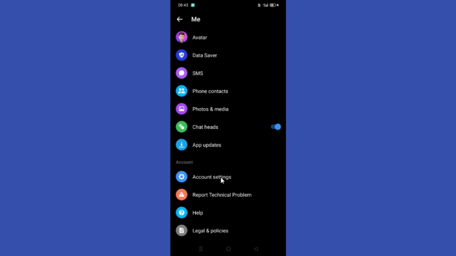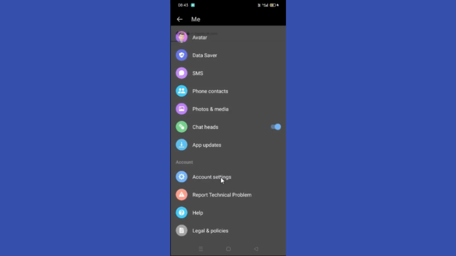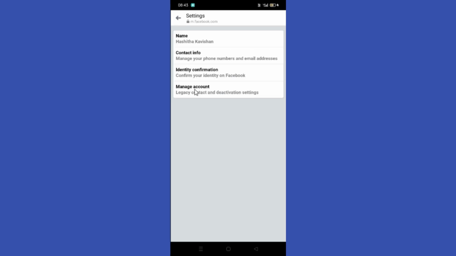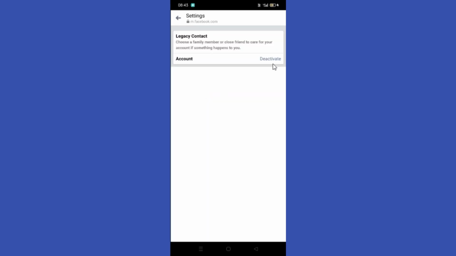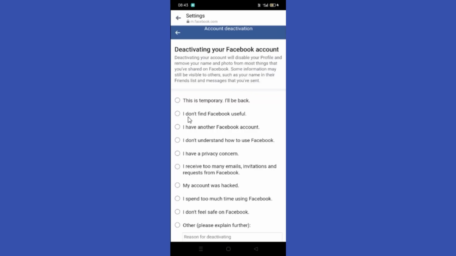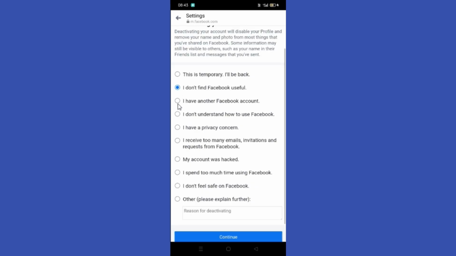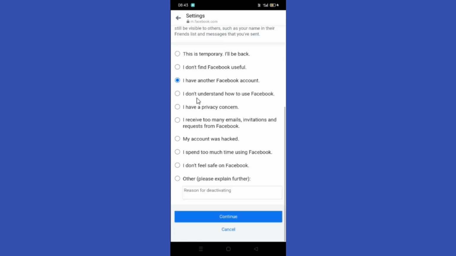Then after that, I simply tap on personal information. Then tap on manage account and then after that simply tap on deactivate from the top right and then now put in your password once. And then now from over here click on continue and now you guys are going to be able to just